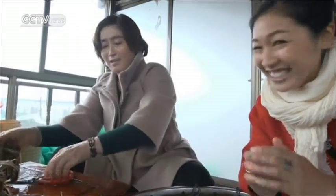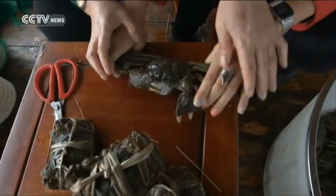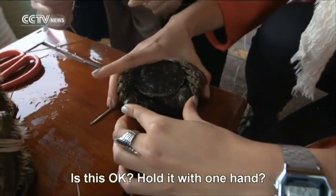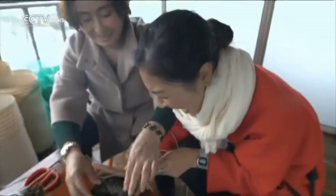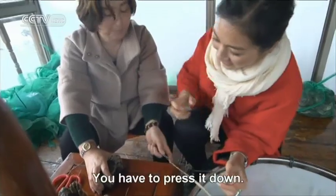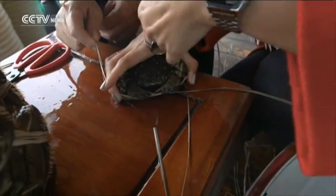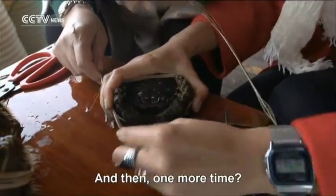我可以绑一下吗？可以。拿一个小一点的。OK。这样，先拿着，就这样。Squeeze it together. Oh my god. 一个手拿。Hold it tight. It's coming out. 可以，这样可以吗？Okay. And then. Oh my god! Oh my gosh! 这样子，先这样，再这样。压下去。就这样。Oh, it's so difficult. Yay! One hole. 又再来一次。再来一次。